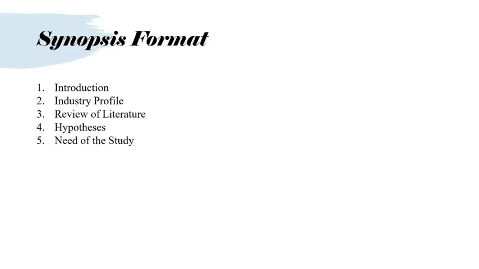There must be people who have done research before us. So we need to find out where they finished or left out their work, and why this particular part of research is important in the current scenario. Based on that, you can develop your need, and how, as I explained, this gap will be filled, and it will help in industry or in academia. So that is called the need of the study, also known as the research gap, right? And this is, you can say, the heart of the synopsis, because if you don't have a very strong research gap, then the synopsis stands rejected.